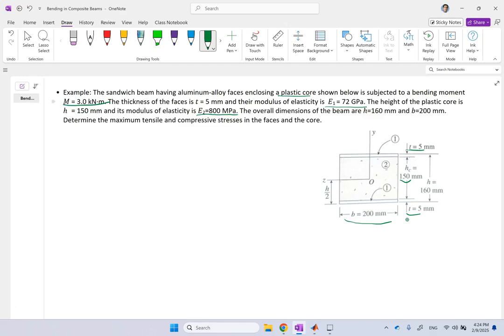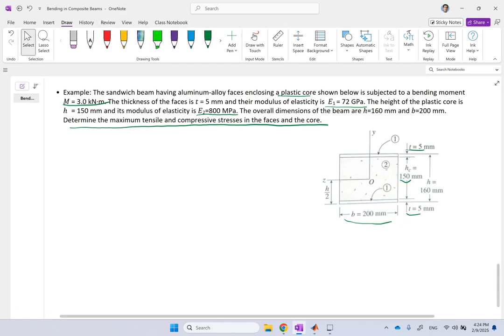And what we need to find is the maximum tensile and compressive stress in the whole cross section. And again, this is a simple case because M is constant. If it's not, then you have to go and look at the shear and the bending moment diagrams, and in the bending moment diagram you find the maximum M. Okay,